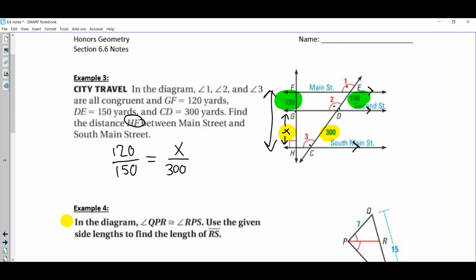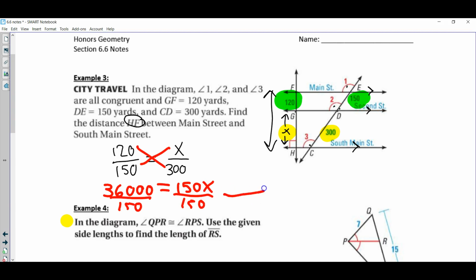So this allows me now to solve for this, and all we're going to end up doing here is cross multiplying to solve. So we take 120, multiply that by 300, and that's going to give us 36,000. 150 times X is 150X, and now we just finish solving this. Divide both sides by 150, and when I do that, that actually gives me a value of X here to be